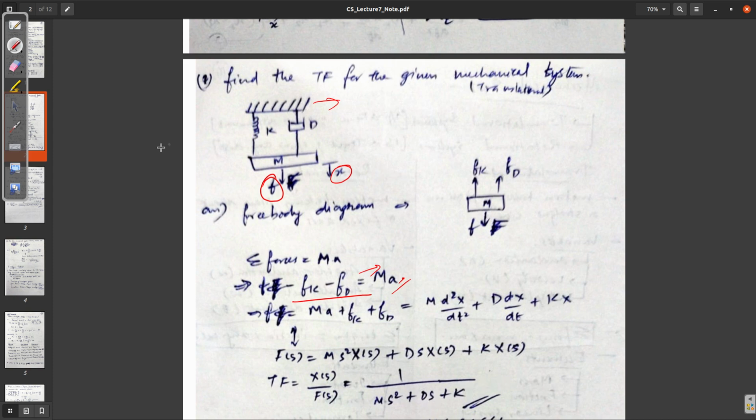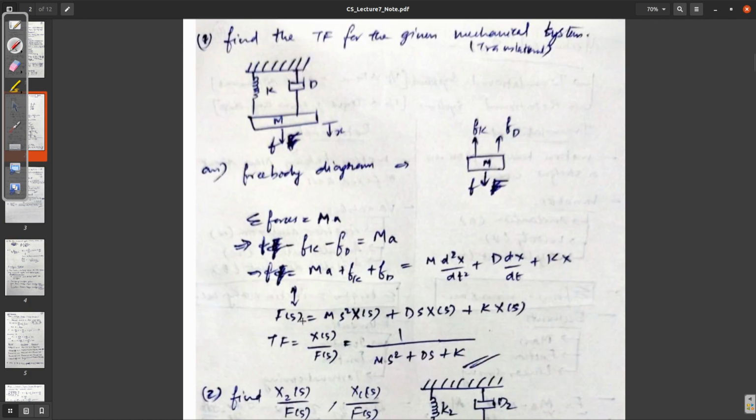This is how you get the transfer function for a translational mechanical system. Okay, it's pretty simple. All you have to do is draw the free body diagram and write down the equation, find the Laplace transform, and just take the transfer function. Okay,